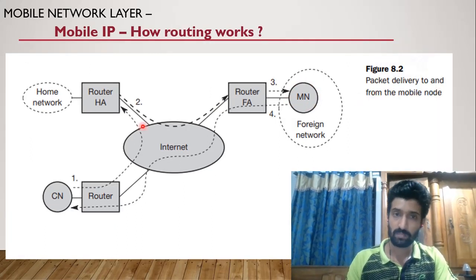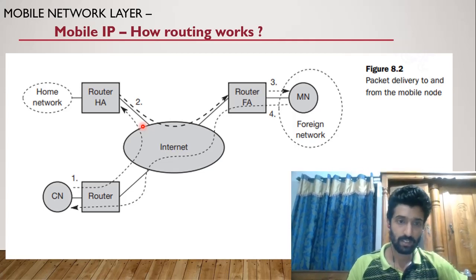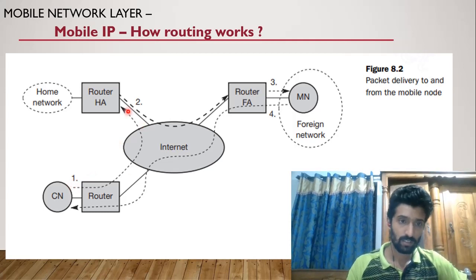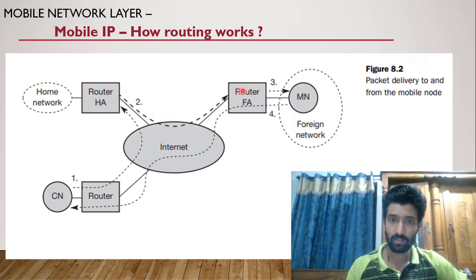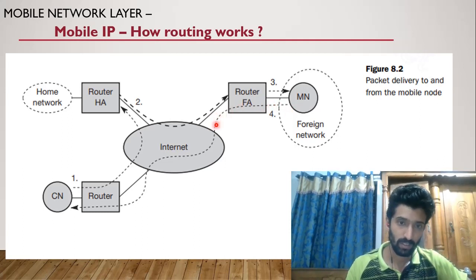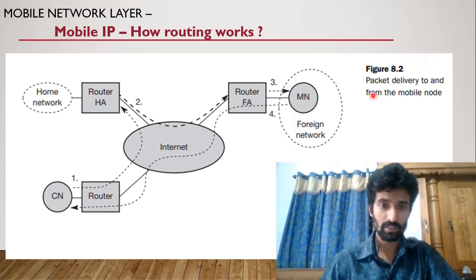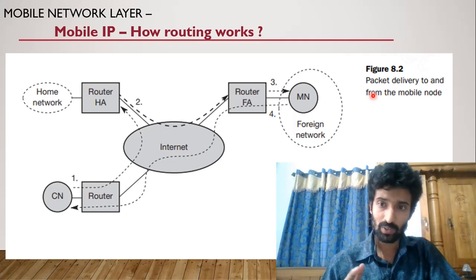This figure shows the step-by-step process to carry out communication in a mobile IP scenario. The first step: CN will send the packet to the home agent. The second: the home agent will forward the packet to the FA. The third step: the foreign agent will give the packet to the MN. Then the MN, if it wants to send an acknowledgement, will take another path, the fourth one, which is not through the tunnel. That is a very important point. It will reach the corresponding node's router, and from there it will reach the CN. So the mobile IP is a very easy concept, right?